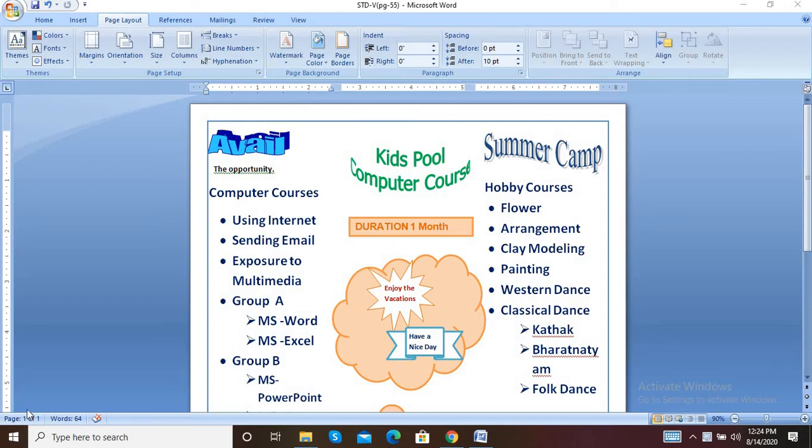Students, today's practical is basically on lesson number 5, working with the styles and objects. In today's practical, we learn how to insert word art in our page or in a document, how to apply different types of style for the text, how to divide our page into columns, how to add a border to the